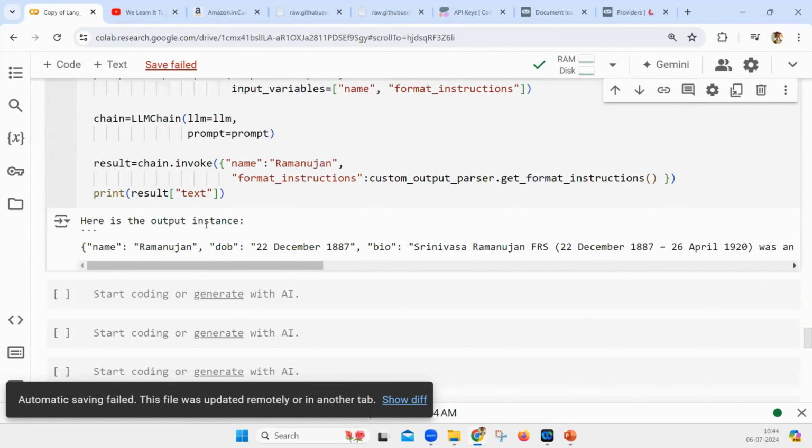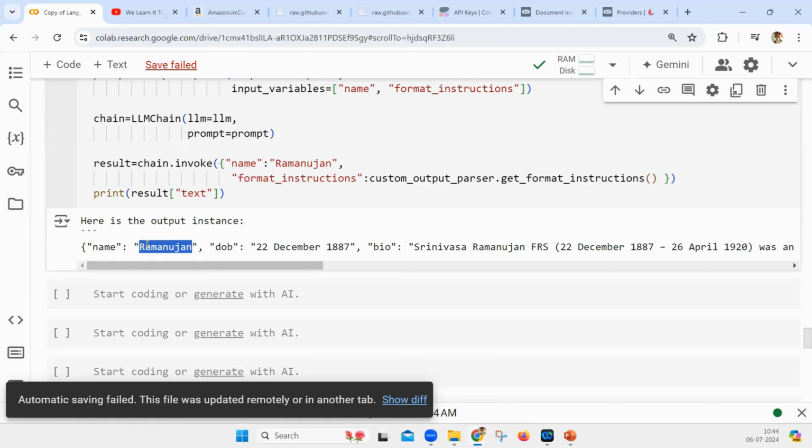So if you want exactly to extract the name, you can get Ramanujan here. No matter how many times you execute, always only name will be printed here. Apart from name, you will not get anything else. Have you understood what I'm trying to say? This was a problem earlier. How do you extract only name out of that? How do you extract only name? So I am creating one key value pair. Key is date of birth, this is a value. Key is this, this is a value. Usually this is the format that you have to follow